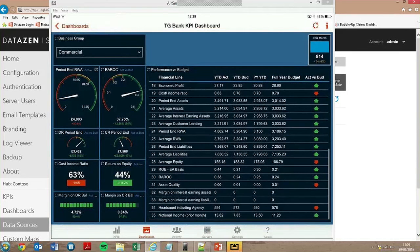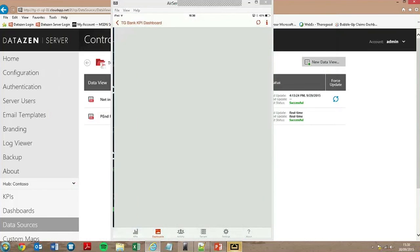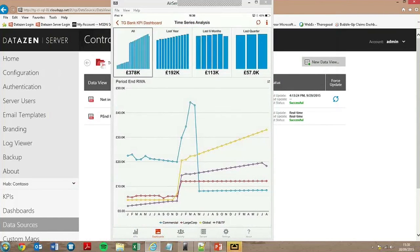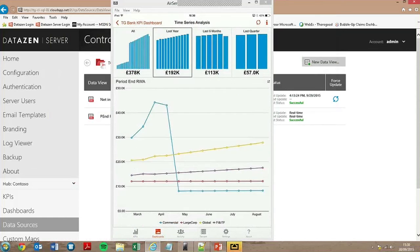Let me rotate that so we can see it. Portrait. So I'm waiting for it to come through. There we go. And what I'll do is I'll just select the period end as we had before. And that takes me through to our trend chart. Good. And again, I can select last 6 months or last year. Now what I should be able to do, all being well, is